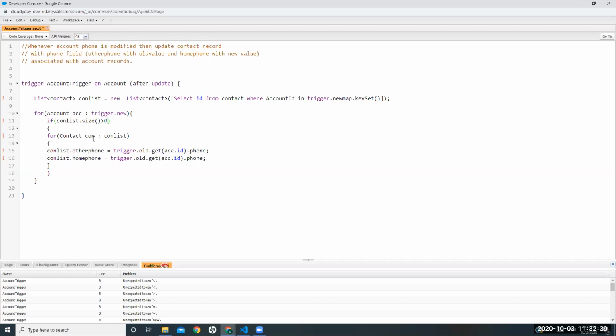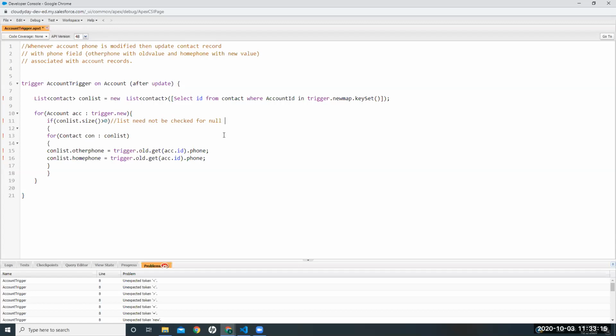Can you explain why we don't need null, and why we are just checking size? Sure. On line 8, there's a list, con list. When we check the list size, if the size is 0, that means it has no records, the list is empty. We can also check null, but it is not that efficient for a list. We check null for object variables. If there was a contact object instead of a contact list, we should have checked null there. But if it's a list, then we have to check the size.